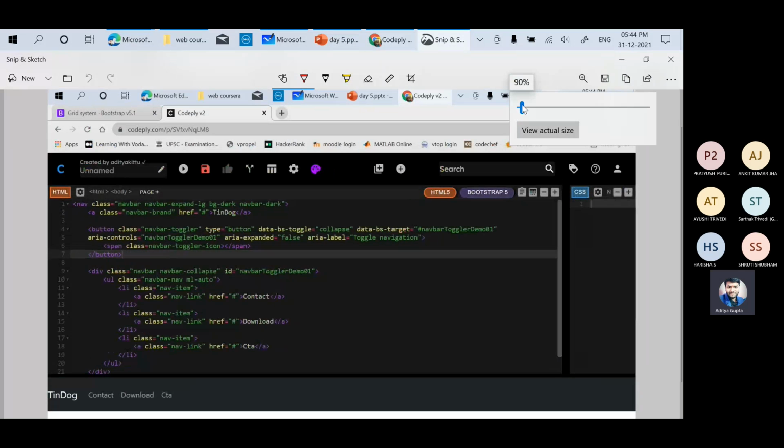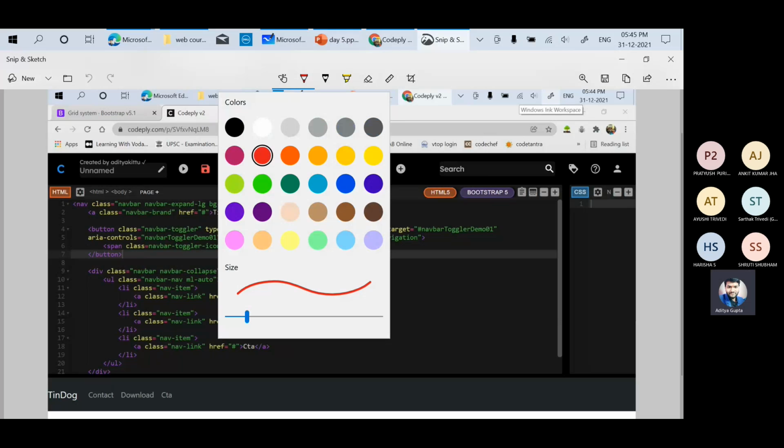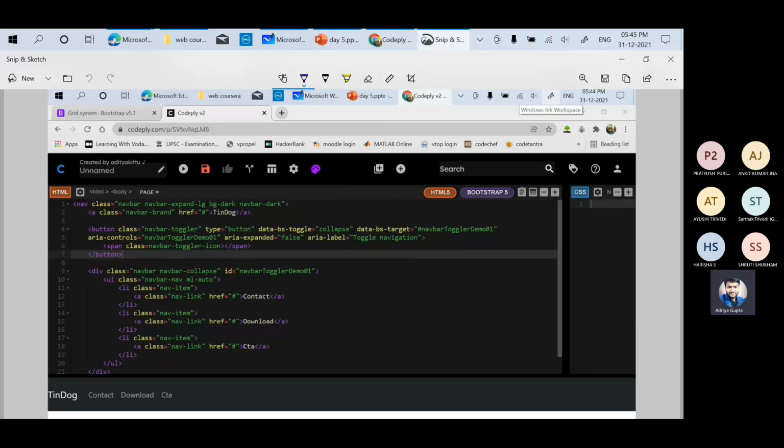Okay, let's start from the top. Let me take purple. It's not there, right? Okay. First of all, a navbar always starts with a word called nav, and it should end with a nav. It should have a class called navbar. Then you should have a class called navbar-expand-lg. Why is it large? To make it